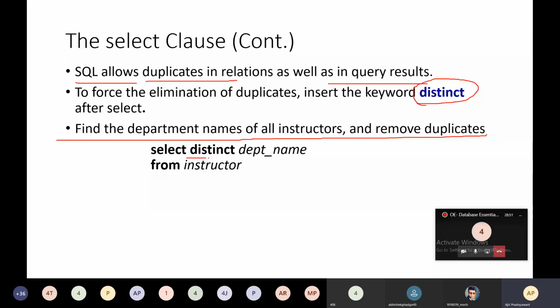You have to mention distinct before the column name, that is department name. So this will retrieve all the department names and it will remove the duplicates.